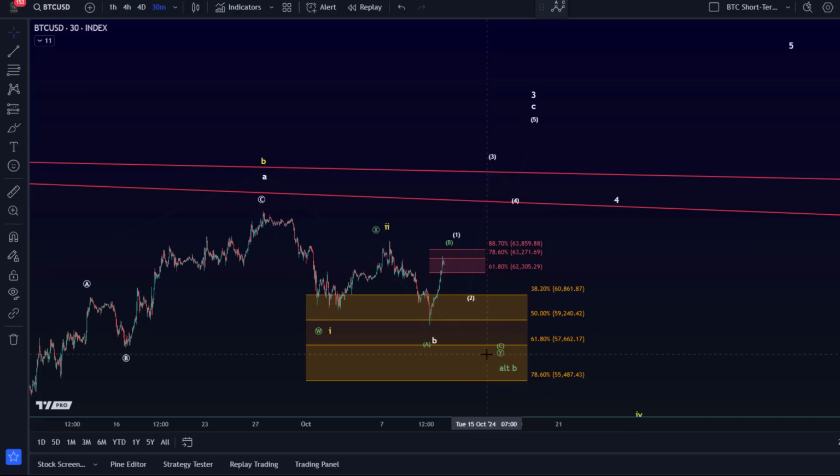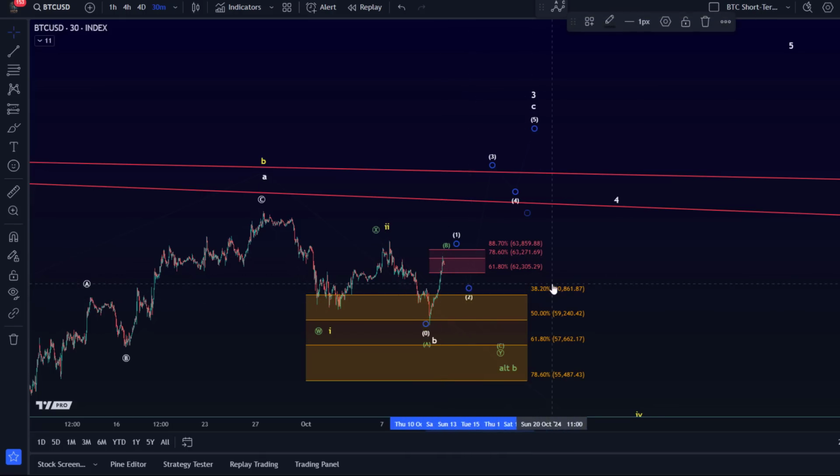Okay, now as I said, the green scenario reminds us that we could test the support area again. Green will become less likely with a break above the October high at 64,500. Yeah, because this B can't really go above the X. That would be weird. So what I'm watching for is a first higher low. If a higher low forms, it could be a 1-2 setup. I can't give you support yet because we haven't got a clear top in place. But if a higher low forms, or if a top forms locally, then I will be able